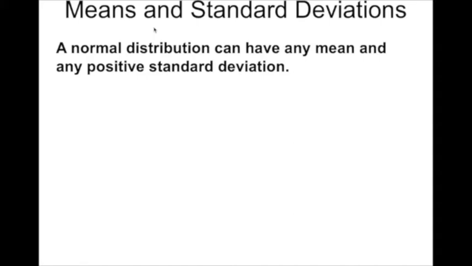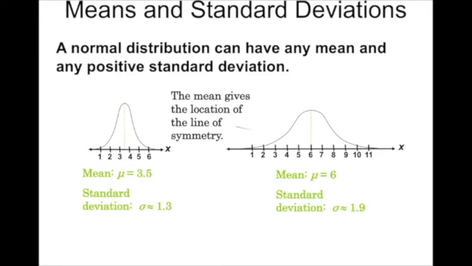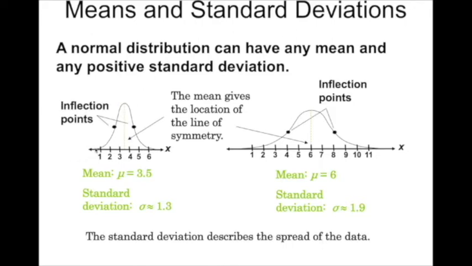Moving on to the means and standard deviation. A normal distribution can have any mean and any positive standard deviation. Okay, let's take a look at some examples. This curve here has a mean of 3.5, and standard deviation sigma is approximately equal to 1.3,